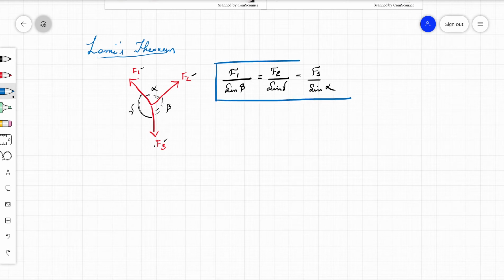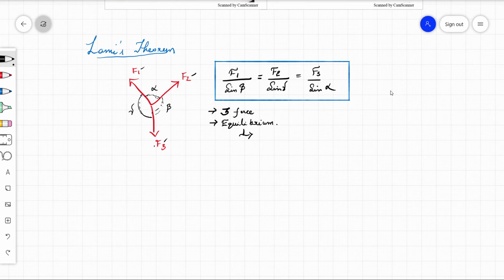So it is very easy for us to calculate the force if we know this formula. And remember there is some criteria. The criteria is that there should be a three force system. In the system of forces there should be three forces. Second is equilibrium. It should be in the equilibrium condition. And I hope you know the other formulas for equilibrium also, right? We studied in the beam that the summation of all vertical forces is equal to 0, and the summation of all horizontal forces is equal to 0. This is what we studied generally.